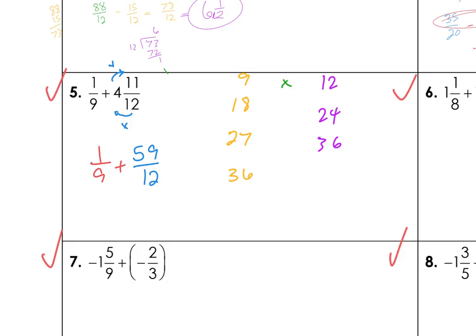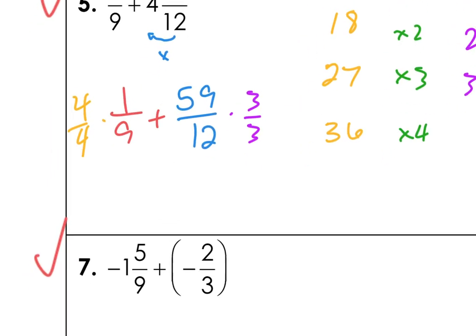So here's what we have. Times 1, times 2, times 3, times 4. So for 9, I need to multiply it by 4 over 4. And for 12, I need to multiply it by 3 over 3. And if you're like, that seems awful, what would be even worse is multiplying by 12 and 9, if you ask me. So here we get